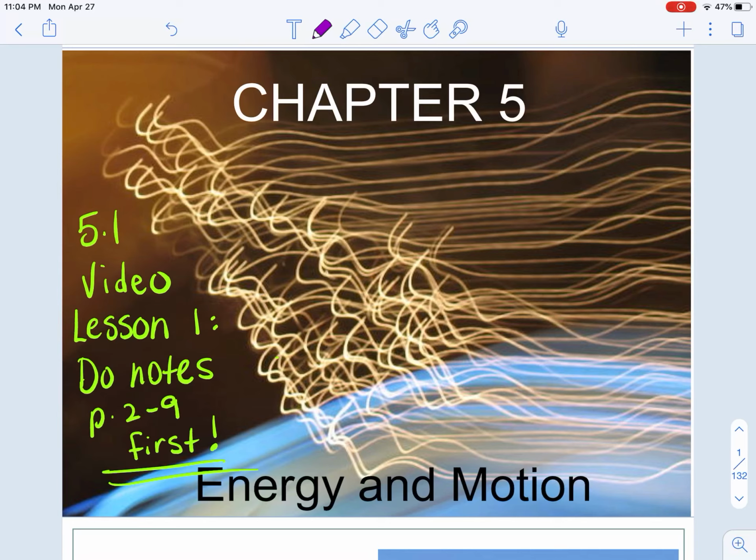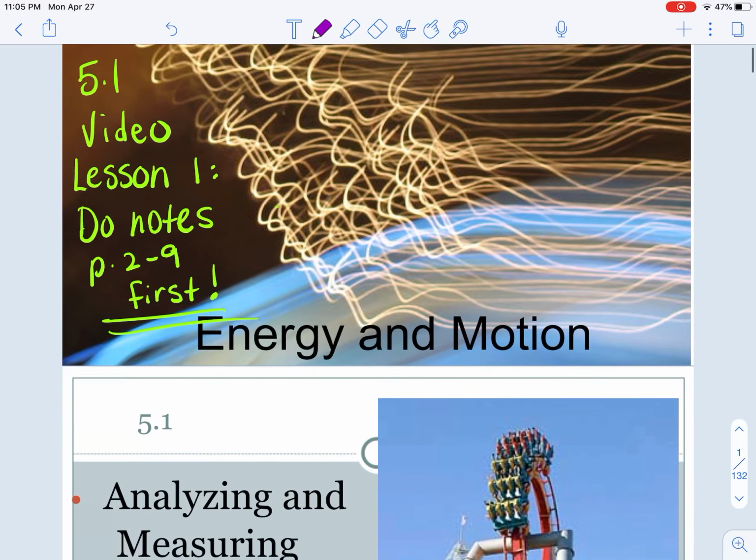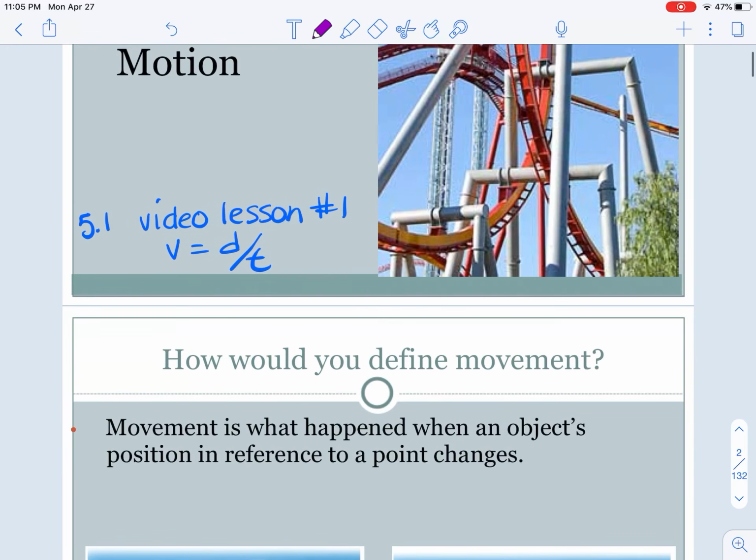Hi, Science 10. Because of the amount of information in my first video lesson in Chapter 5, my suggestion is that you do the notes from your PowerPoint. That would be on pages 2 to 9 in your note package if you're looking at your note package. And that way